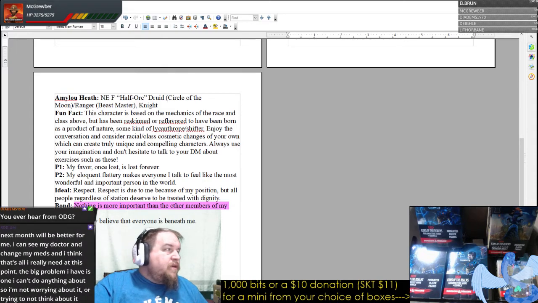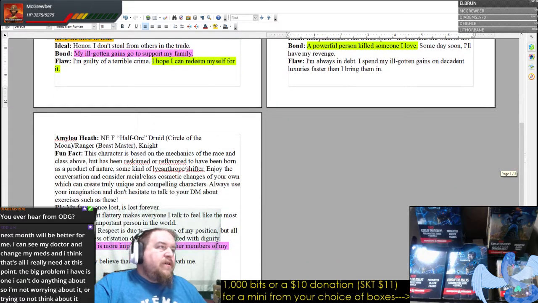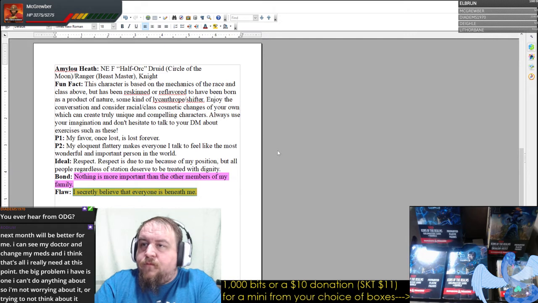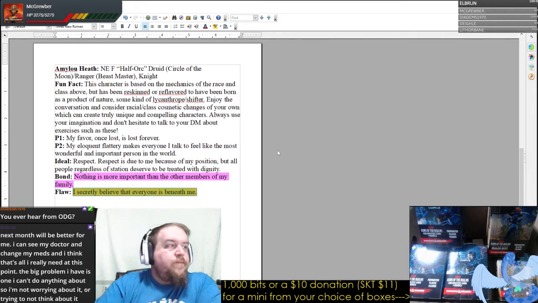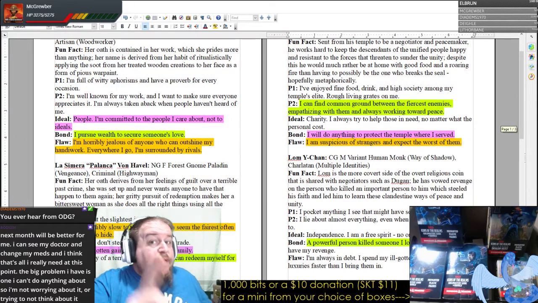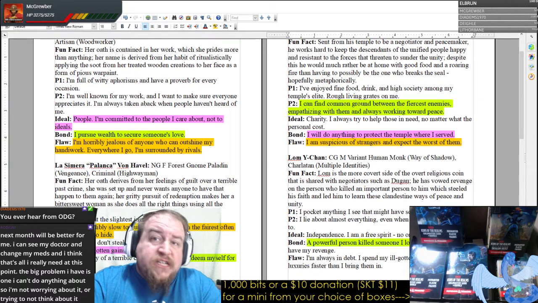Let's see. I think our shapeshifter can get in on this as well. With something like suspicion of other people who are around her. I secretly believe that everyone is beneath me. So you see how we can go through? And it's fine, by the way, again, I want to stress this. It's fine if one of the characters doesn't jive with